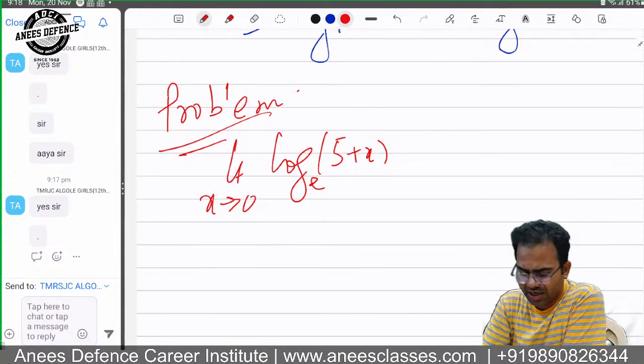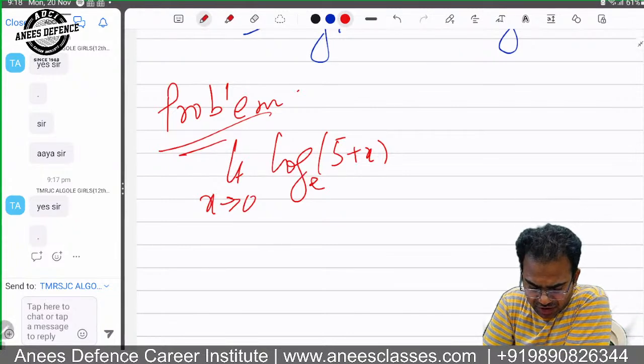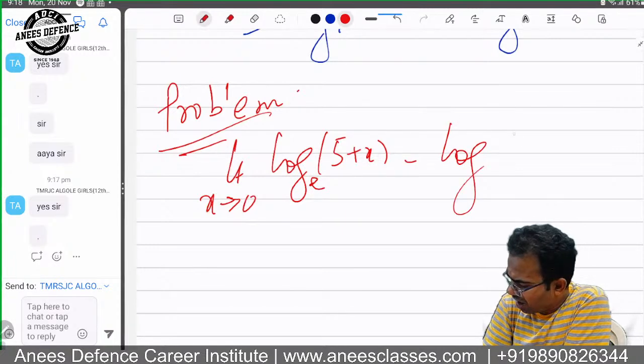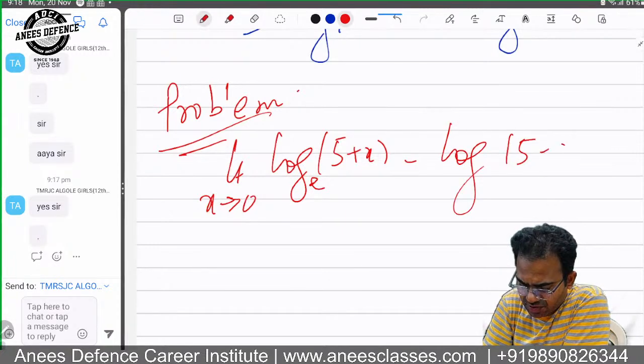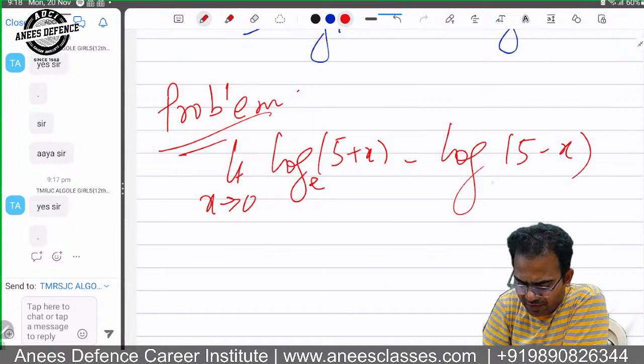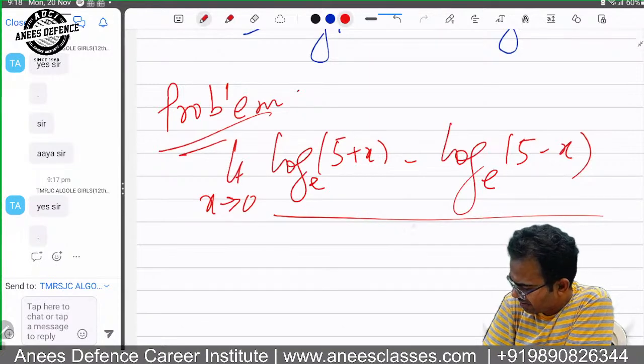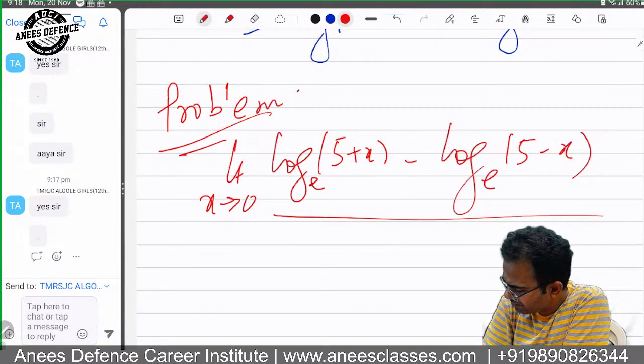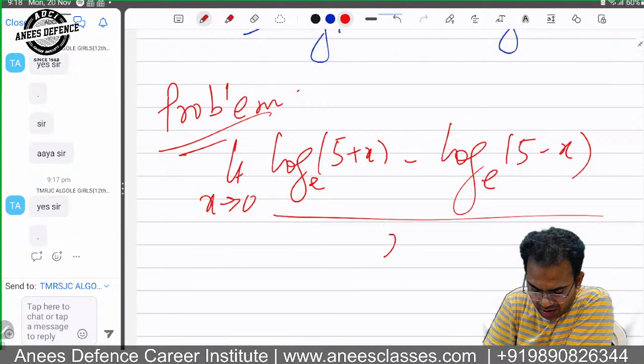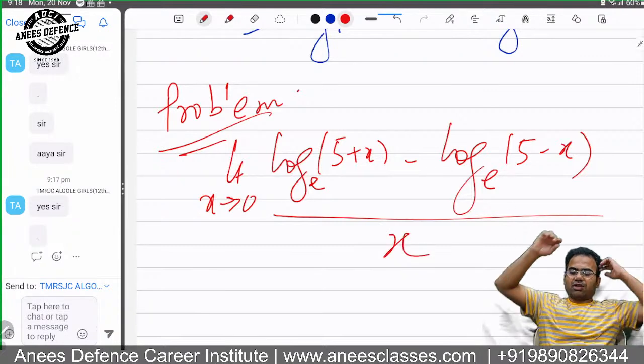So here the base is not given, so we should think the base is e. Here log 5 minus x, the base is not given, so we will think it is e, exponential base. Whole divided by x. Solve this question